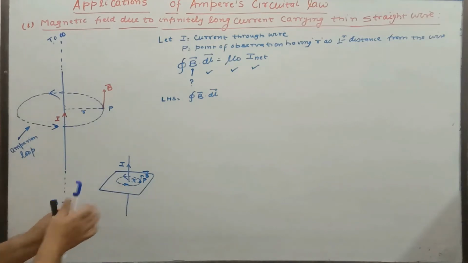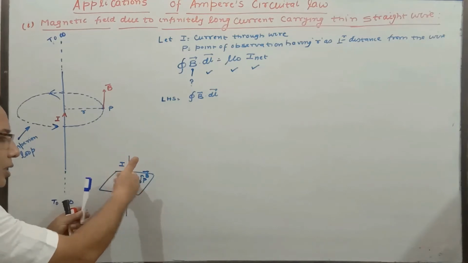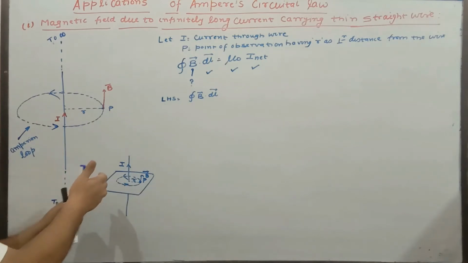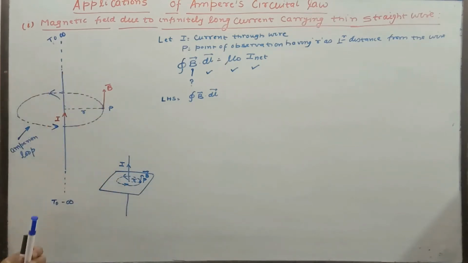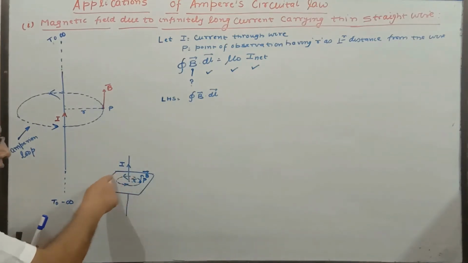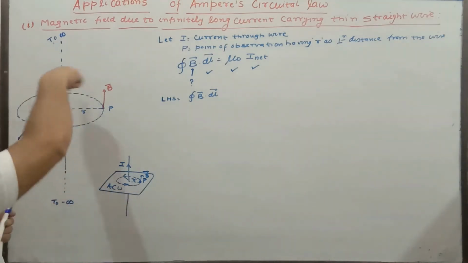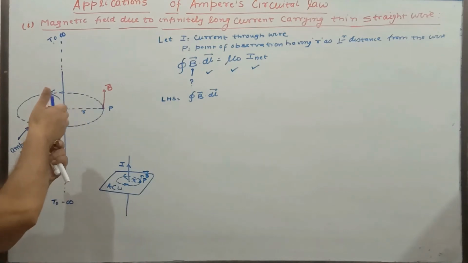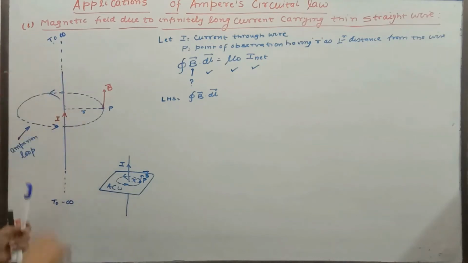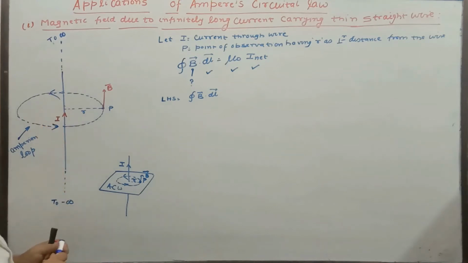Then in that case, after gripping, if the direction of traversal is like this and the thumb is in the direction of current, then we can say the current is positive. And if the direction of current were opposite to this, opposite to the thumb, then the current would be negative. Now here the traversal is anti-clockwise. So in anti-clockwise, if we hold the wire like this, the curl shows the direction of traversal and the thumb is in the direction of current. So we can say this current is positive, because this particular current is in the direction of the thumb. So here the current is positive.